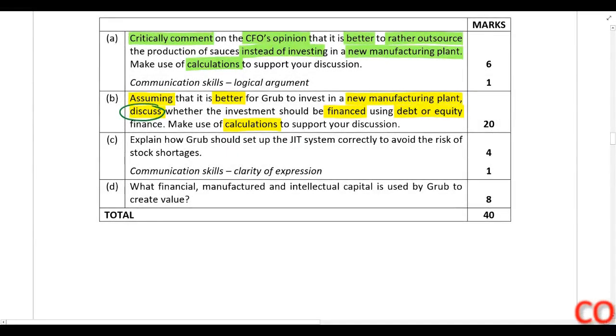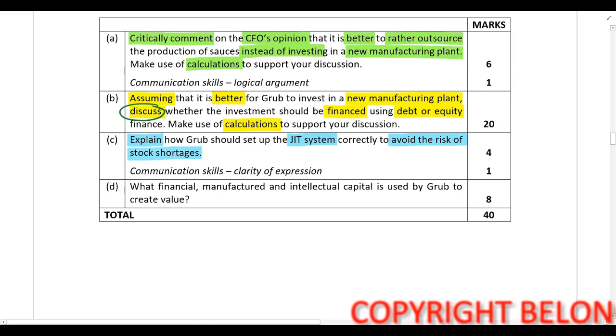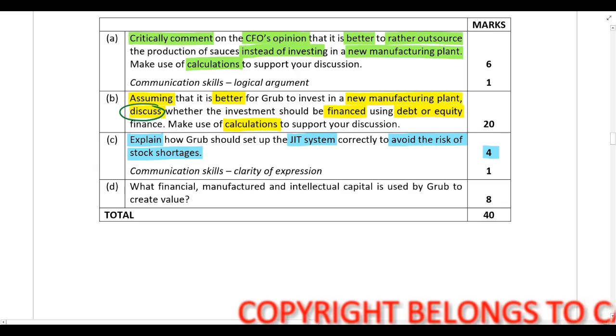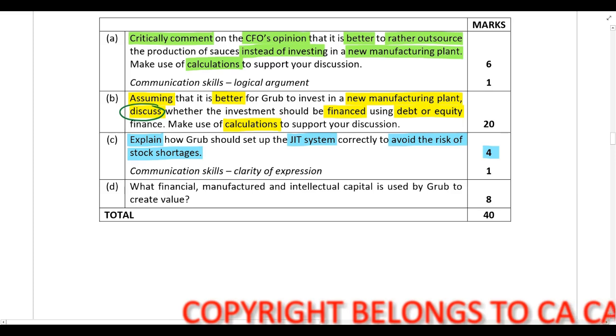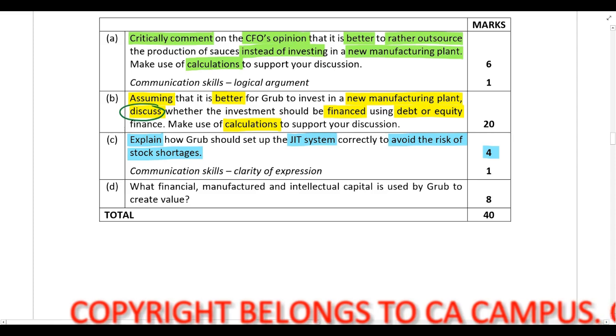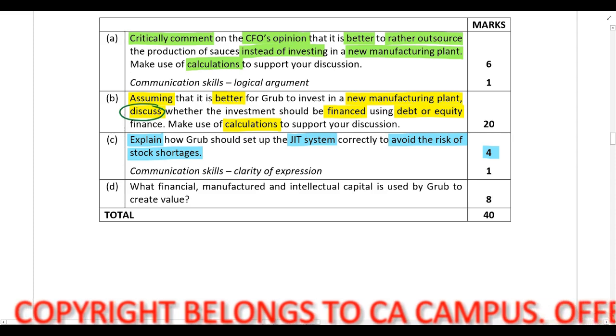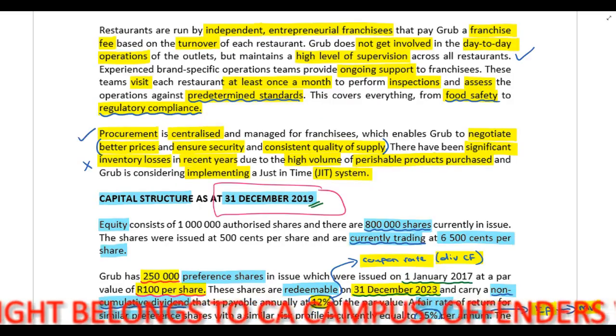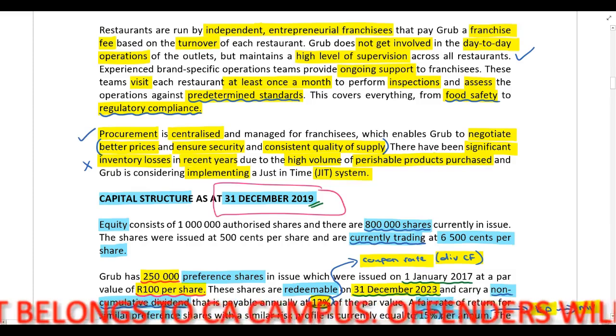Then in part C, explain how Grub should set up the just-in-time system correctly to avoid the risk of stock shortages. And that is for 4 marks, so we need to come up with at least 4 discussion points. In addition to that, you can see there's 1 mark available for communication skills, and that is awarded for clarity of expression. All right, so if we go back to the information provided in the scenario, we know that